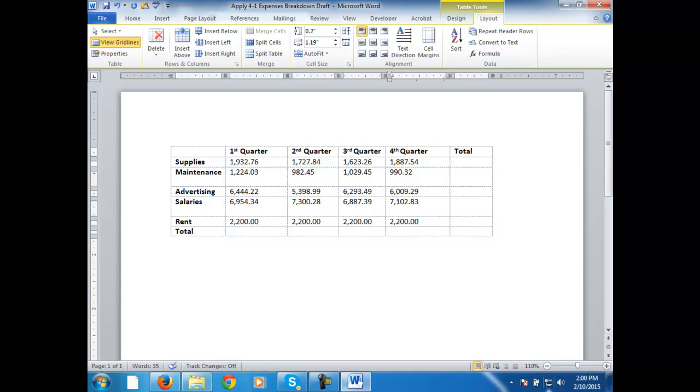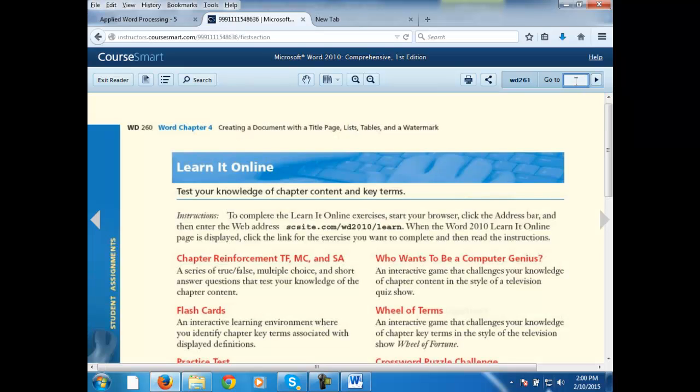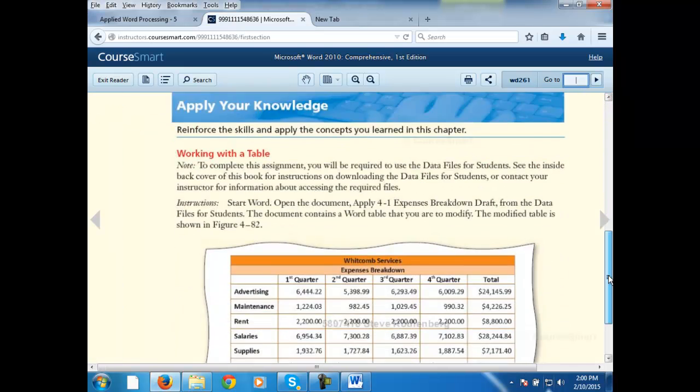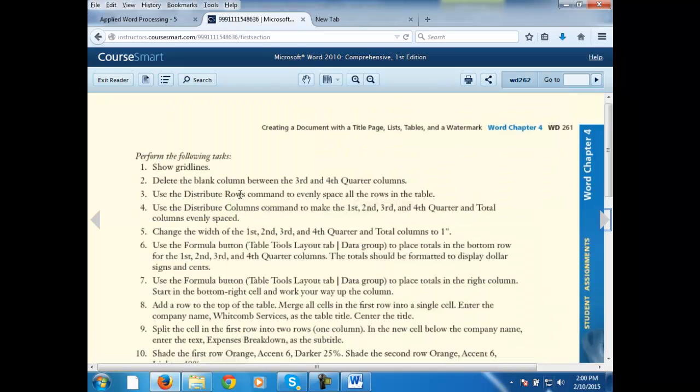I believe the next step is, let's see what the next step is. Let's go back to WD, and I think by now you're getting the idea about how this works. So let's go to the next step. Use the distribute rows command to evenly space all the rows in the table. Distribute rows. Okay, I don't know what distribute rows is, so let's go to WD